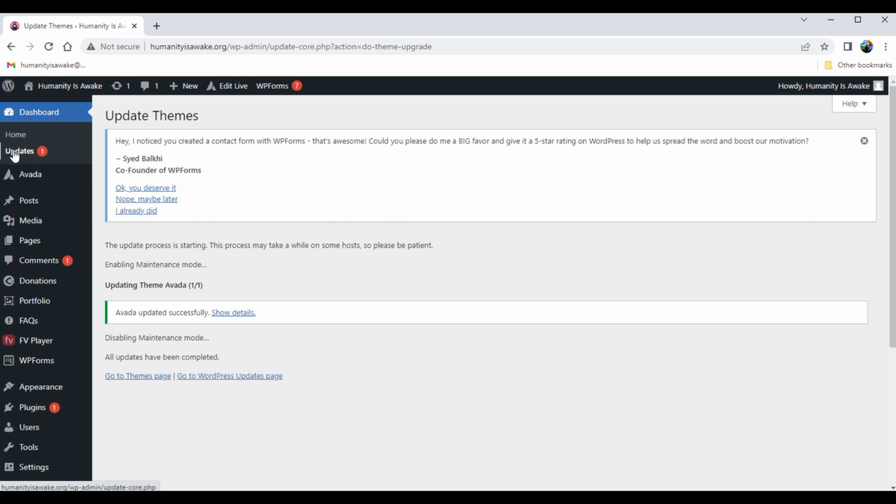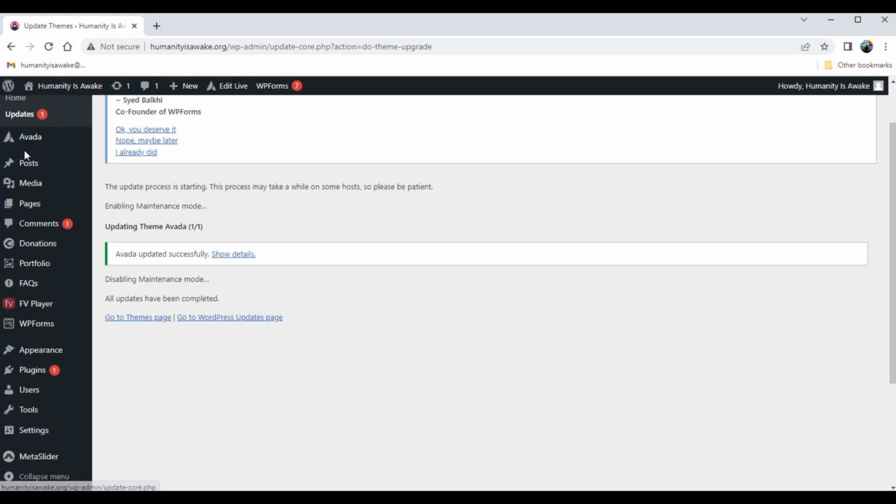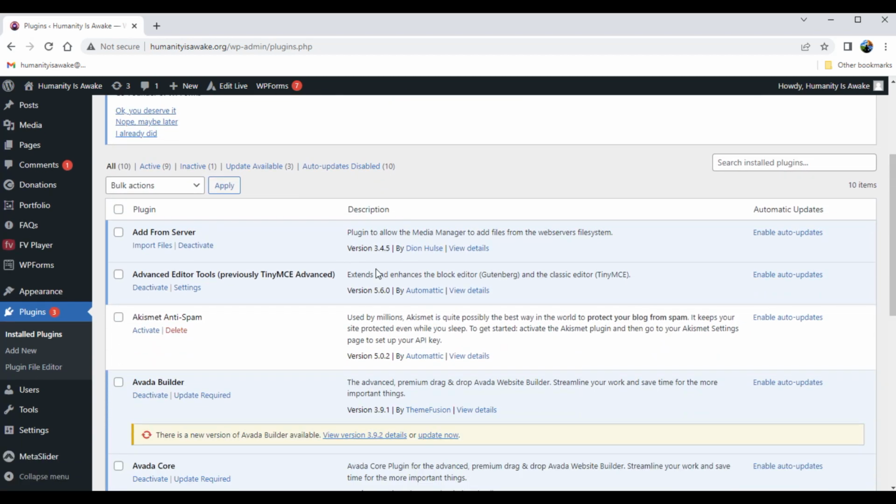Next thing you want to do is go down here to plugins. This is going to be the same update; we already looked at it. So you can update your plugins through here under updates, or you could update them here under plugins. And I'm going to show you how to do it here under plugins, since we already did one up here. You know how to do that one. So just click